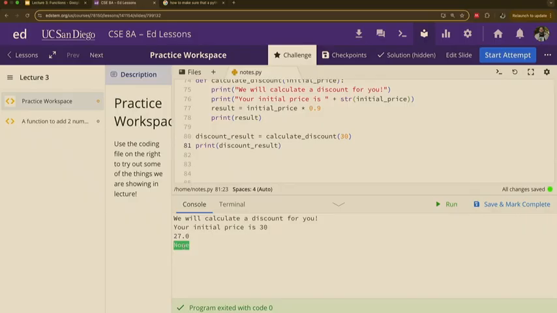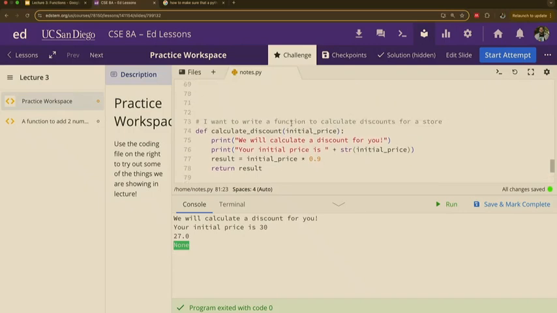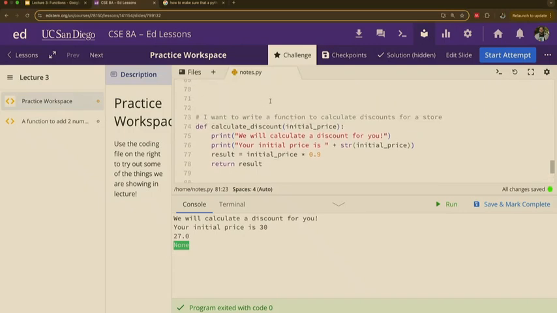Okay? When we return something, we need to use the actual specific word called return. So here we have print, but instead of print, we want to return. Okay? Return is another one of those special words that Python uses. Return is you telling the function, or you're telling Python, I have...